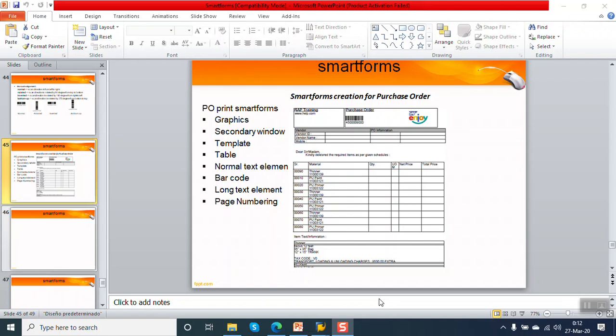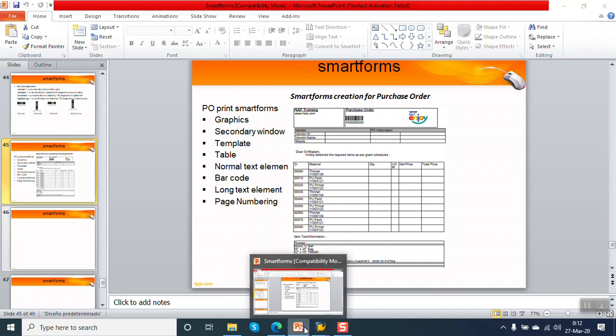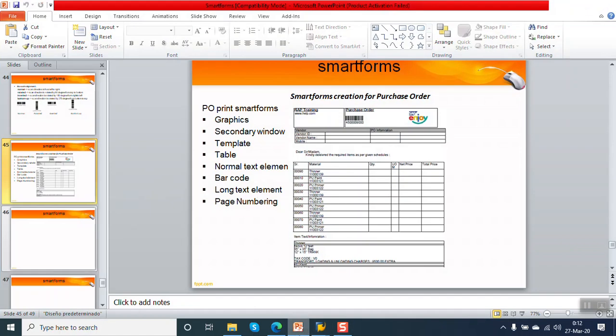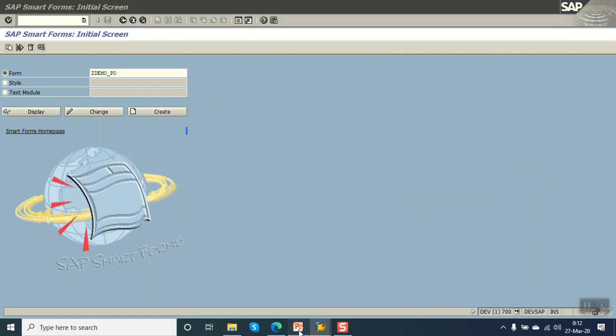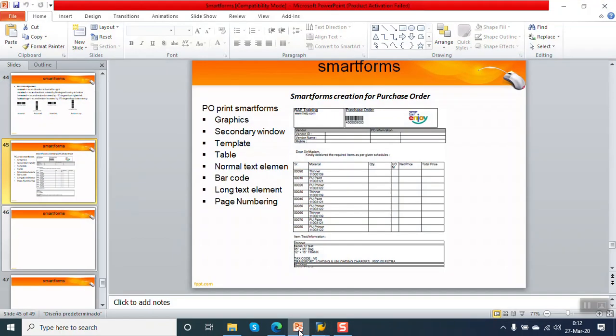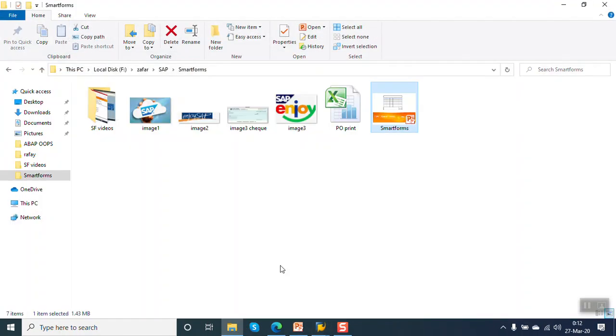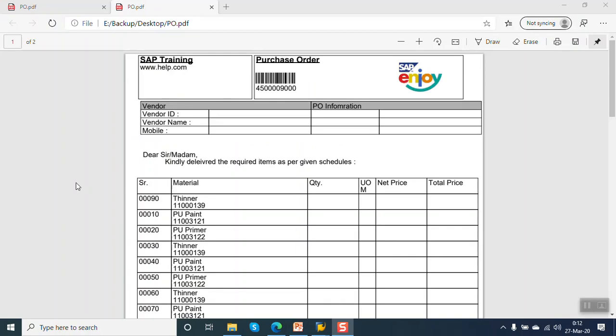Hello everyone. In this session, we'll be creating a smart form for displaying the purchase order details. So at the end, we'll try to create a smart form, something like this. Let me show you the PDF file. So we'll create a smart form like displaying a logo on the screen and a barcode for the purchase order